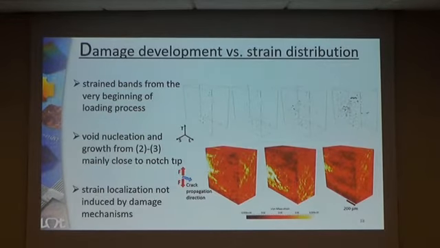Okay, here we have shown that the strain bands are there from the beginning of the loading process, but the open question is what is happening with the damage at the same time. For this purpose, we are now observing the void distribution in the initial state of the void that we are following. In the first loading step, almost nothing happened in terms of void growth, while we already have localization. Then in the second loading step, some damage growth. And only after the third loading step, there is damage growth, but mainly concentrated in the zone very close to the notch root, where we have high stress triaxiality. So we conclude that here strain localization is not induced by damage mechanisms.